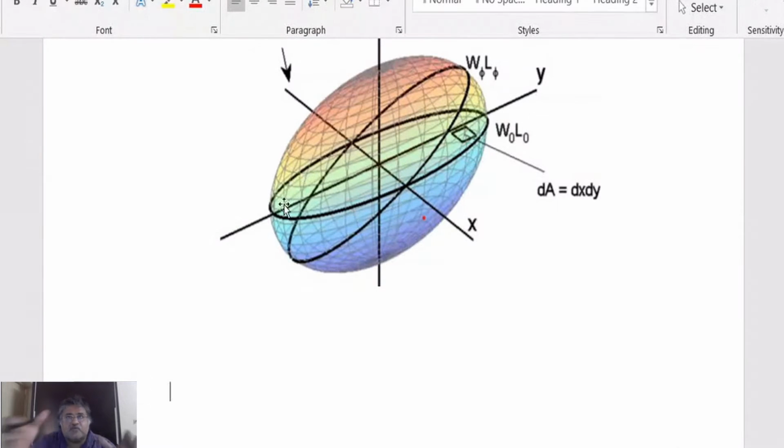This ellipse and whatever is there inside it, that is the water plane area. So it is not this area, okay? Don't get confused. It is not the total area outside, nor is it the total area inside here. It is the total area inside this ellipse. Total area on the ellipse, that is what we call the water plane area.